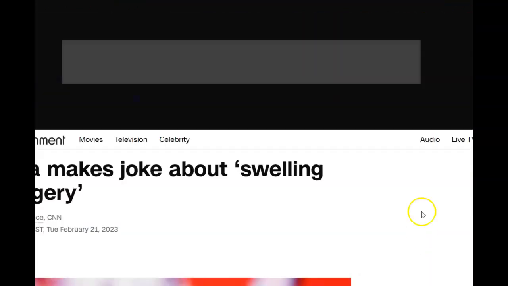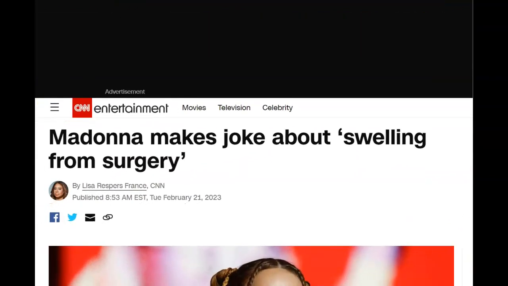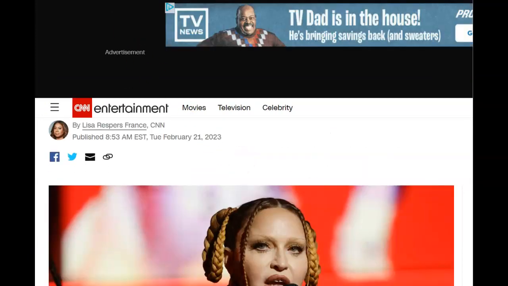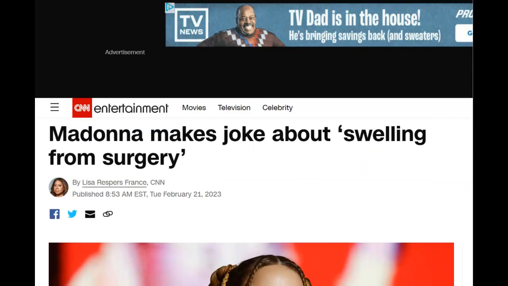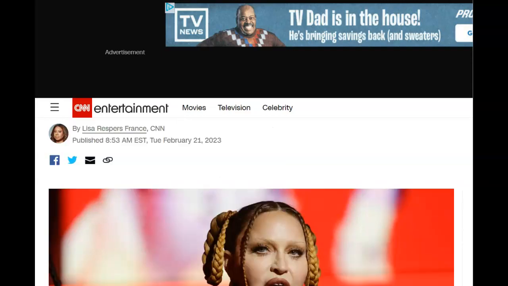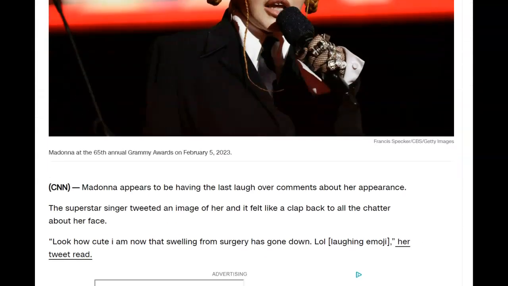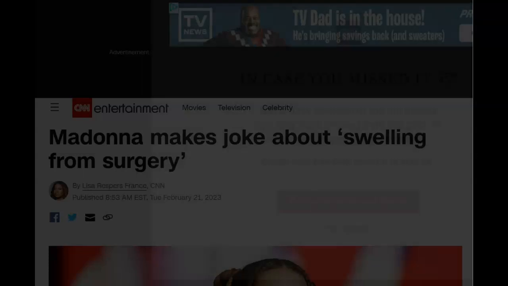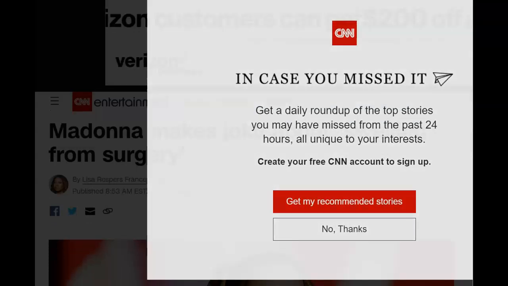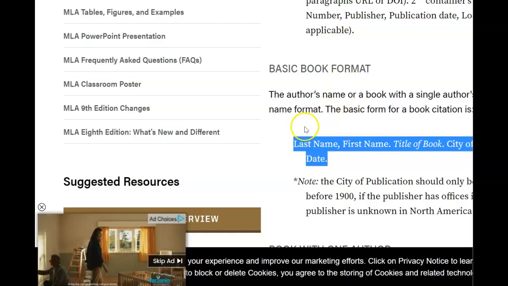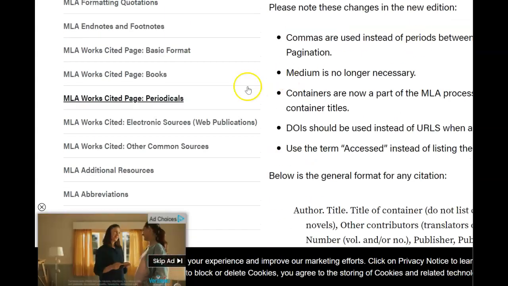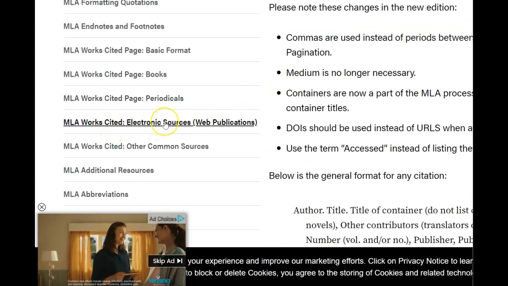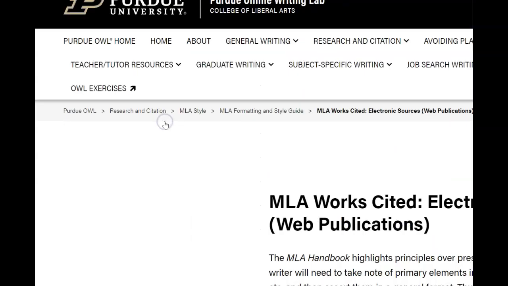So I'm going to click on that article, and I am going to say that I'm going to quote from this particular article. So we have the title here. It was written by Lisa France. It was published February 21st, and today is the 21st, and this is the article about it. So I need to cite this. So if I go back to MLA, we want to look on the side, and we'll see MLA Works Cited Electronic Sources. So if I click on that,